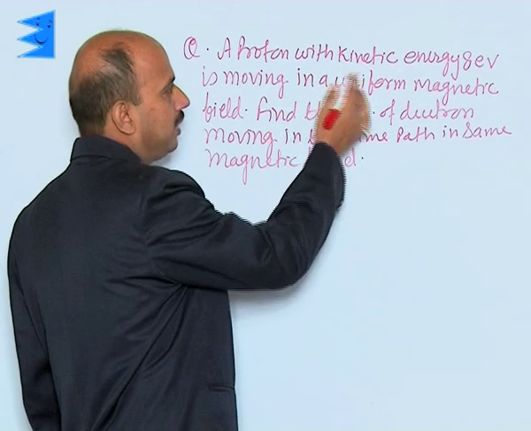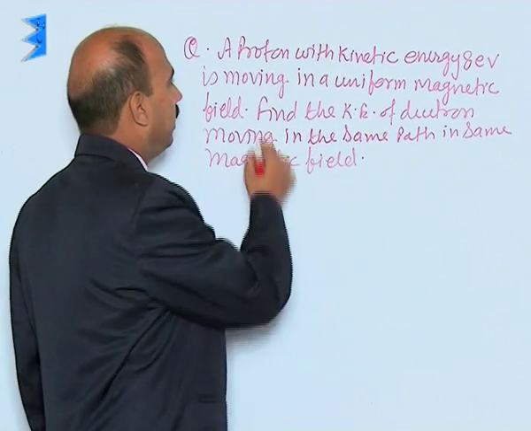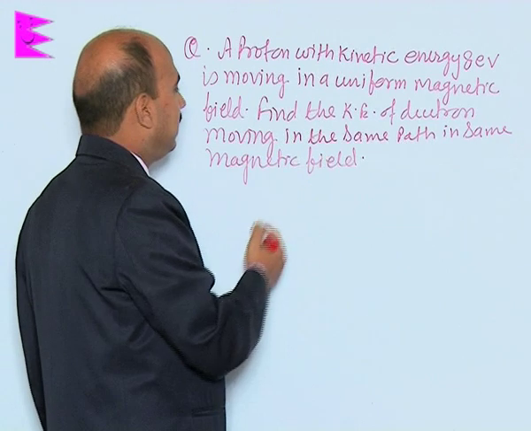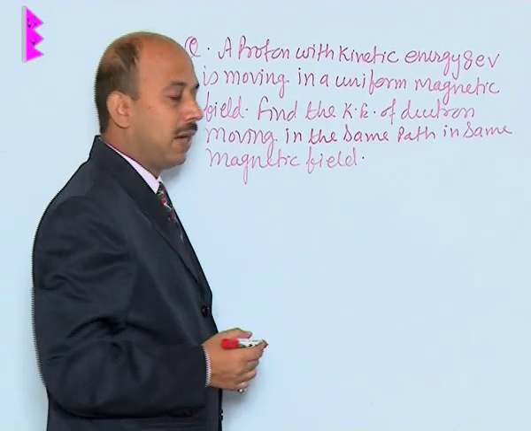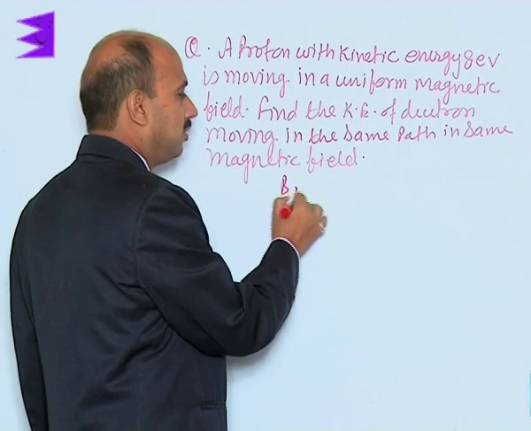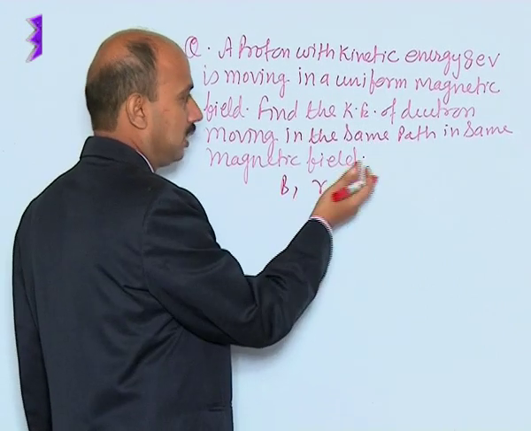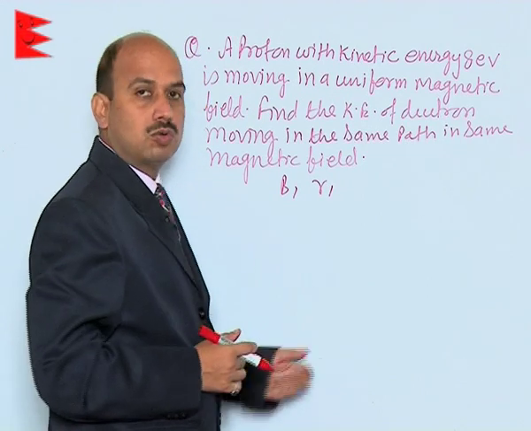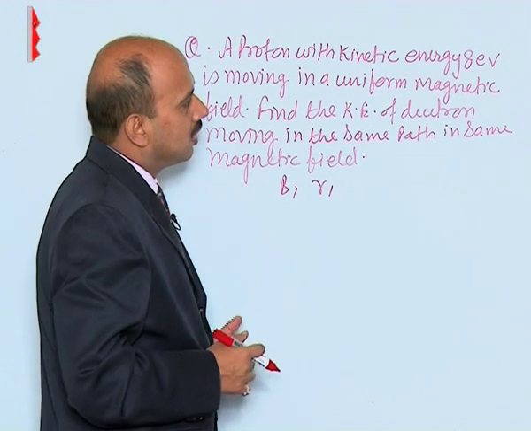Now, say a proton with kinetic energy 8 electron volt is moving in a uniform magnetic field. Find the kinetic energy of deuteron moving in the same path in the same magnetic field. So, obviously, B remains same, R remains same, that is the same path. So, we have to get the kinetic energy of deuteron, but there is a relation here,